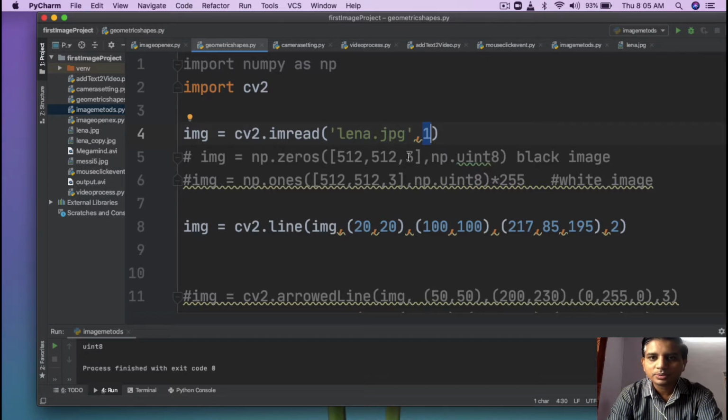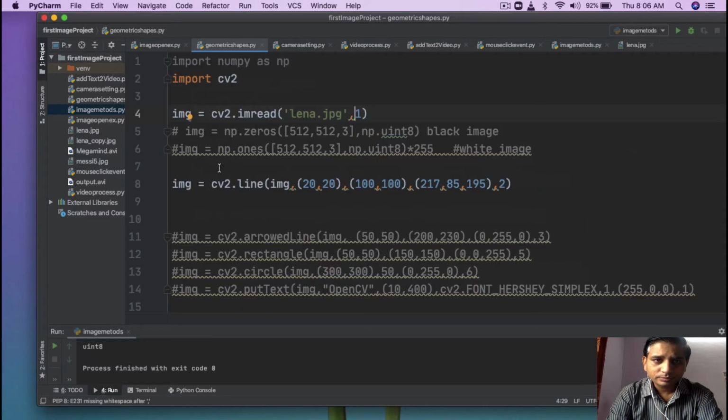If you are giving 0, then you are reading in grayscale format, and if you are using minus 1, then you are reading it in RGB and one more channel, the alpha channel, is included in your image. Okay, so I'm using 1, which means I'm reading that image in RGB format.